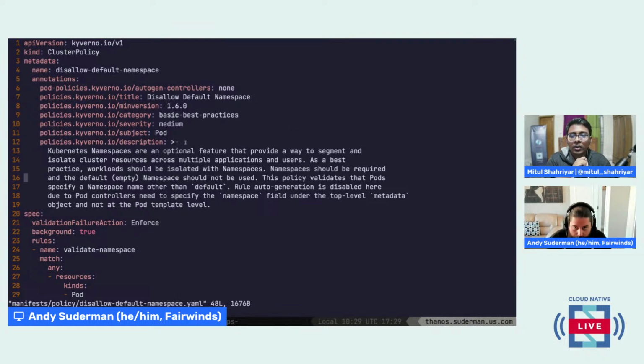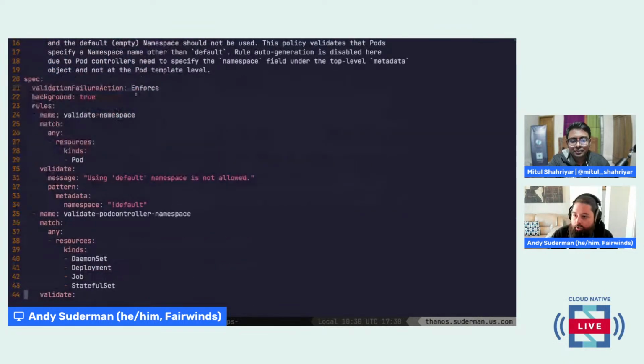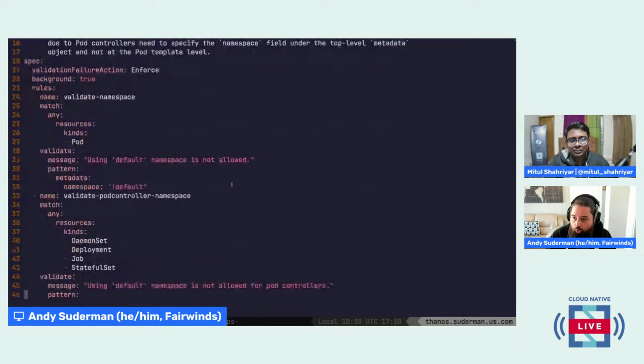We have this Kyverno policy. We don't want to deploy stuff to the default namespace. Pretty common thing to not want to do. The default namespace can't be deleted, so it's a little bit of a difficult thing to work with, and you don't necessarily want to deploy stuff there. So we have a bunch of metadata about this policy, and the Kyverno policy gives us this match and exclude sort of rule set. They've got their own syntax by which you write these rules. I'm not going to go in depth on how to write Kyverno policies. They have a massive library of policies available in their GitHub repo, some of which map to the benchmarks.